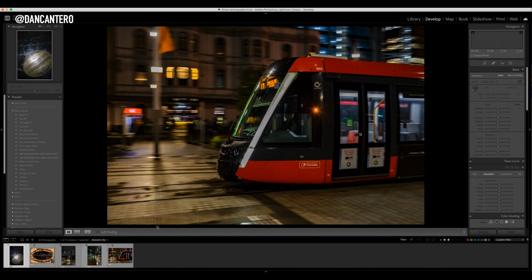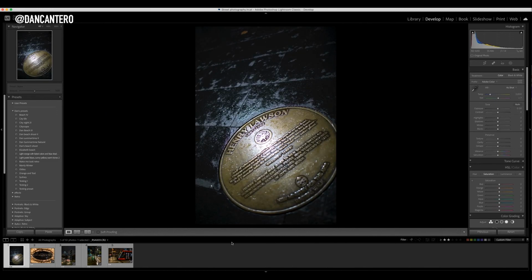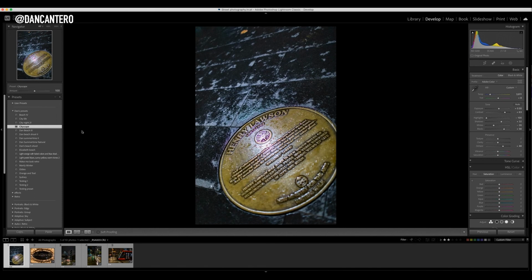And finally, I've got just a plaque that was on the floor just near the Sydney Opera House. So let's apply it to this, and yeah, that could work. Let's give it a little bit more, in fact, right? That could potentially work. It's an interesting concept, interesting look, but yeah, I'm not sure that I really like it, but it's just about giving you some ideas about how to start thinking about